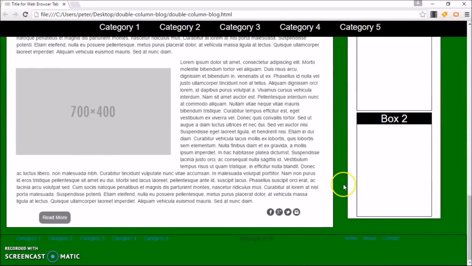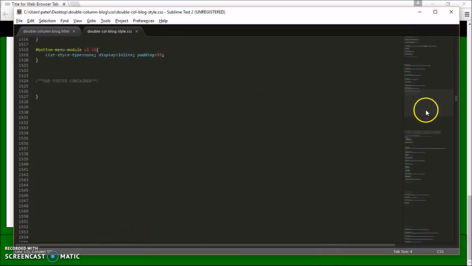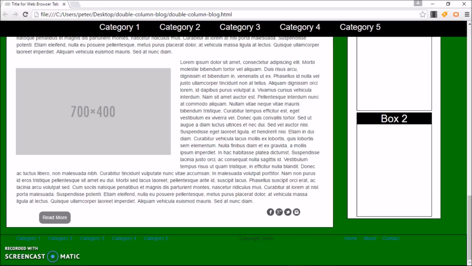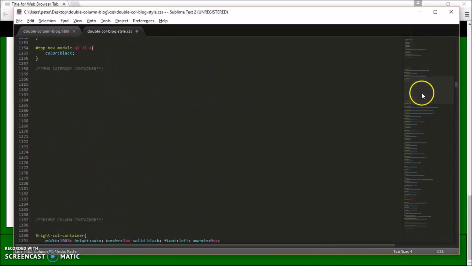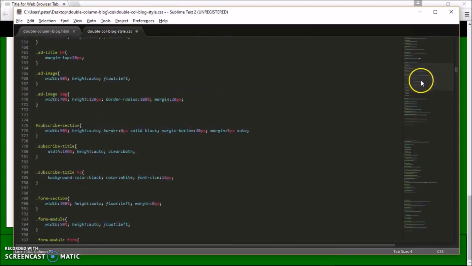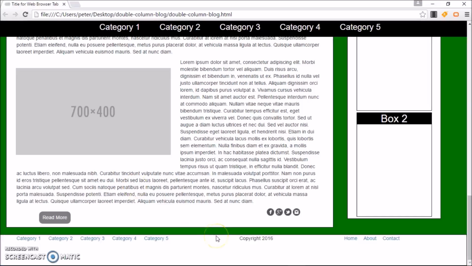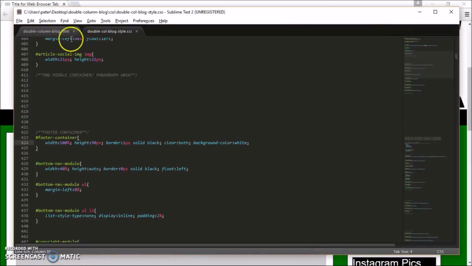Now that works also. Now, of course, the footer, more or less at the bottom, right here. Go ahead and paste that. Oh, the right one. Oh yeah, I went down too far. Okay, here we go. Save that. Now we're good. So things like that, you can do it that way. Also, for your body,